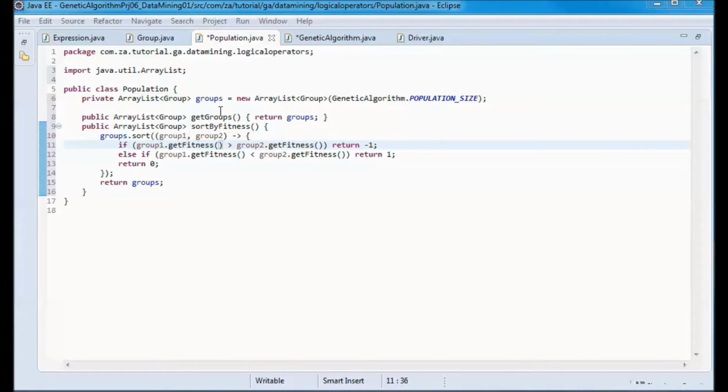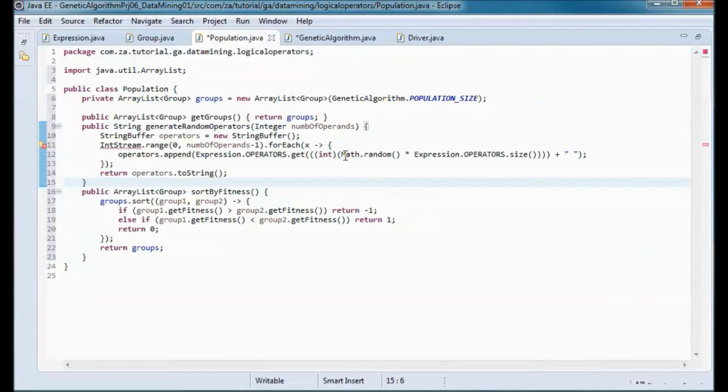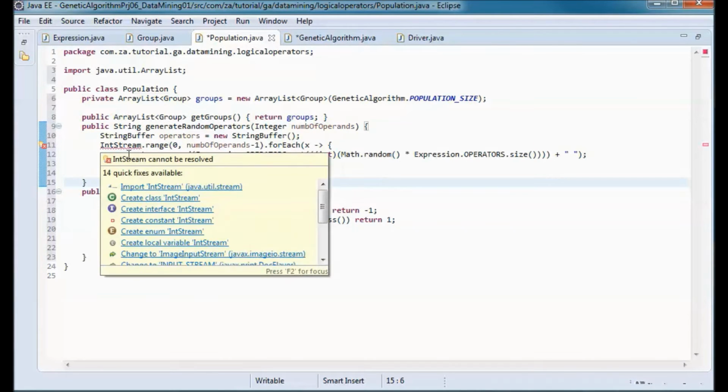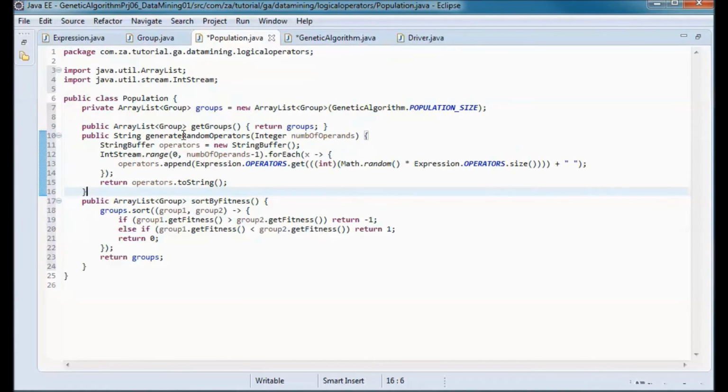And we need to randomly generate operators given the number of operands. So we'll have this method that does that. So generate random operators.